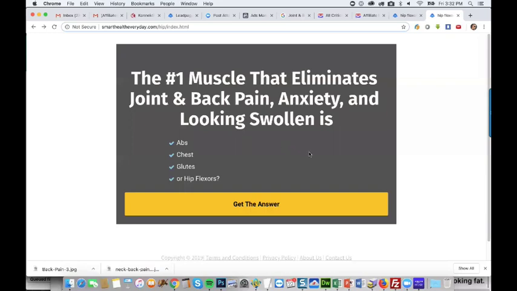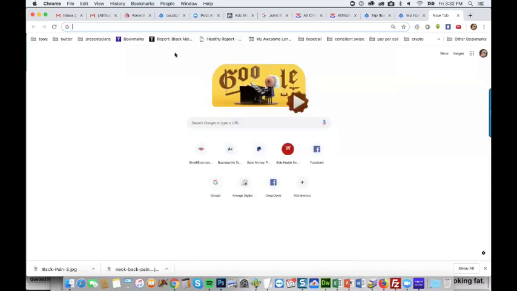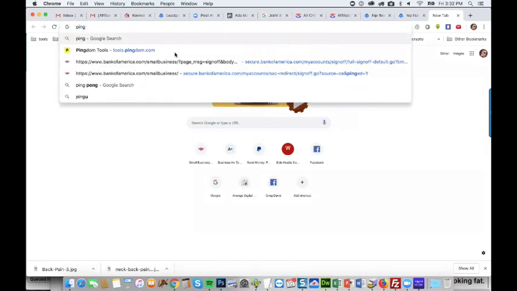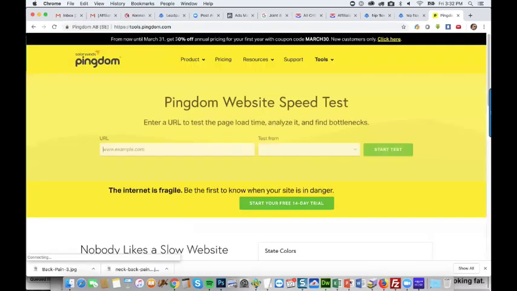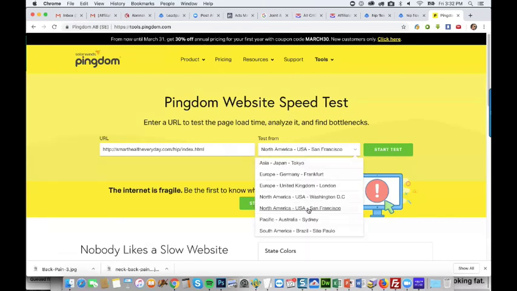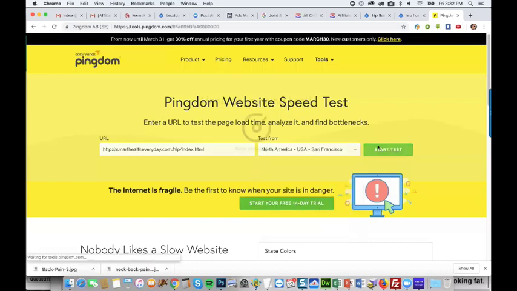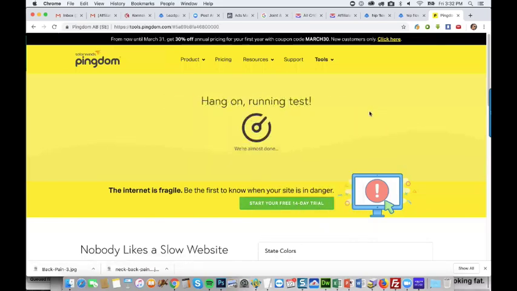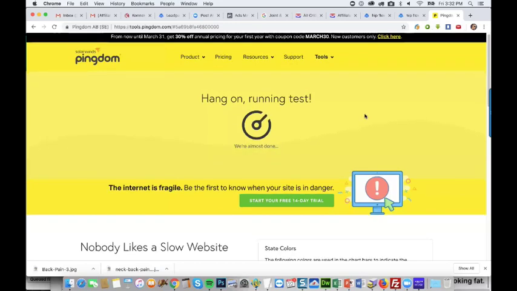Yeah, the other thing I would do as well is, here we can see how this page is pretty light, but especially with mobile, you really need to make sure that the page loads really fast, because if it doesn't, it's going to cost you some conversions. So let's look at San Francisco since I'm in DC. This would give you a basic idea of how the page is doing. You want it to be under a second for sure.